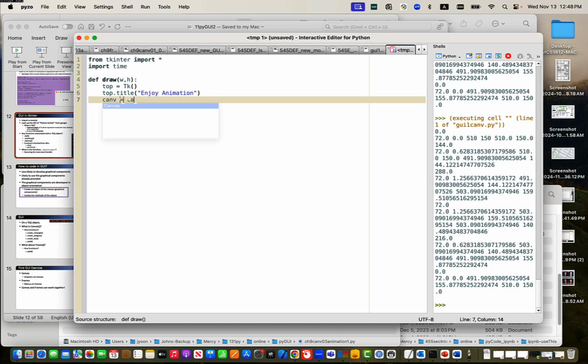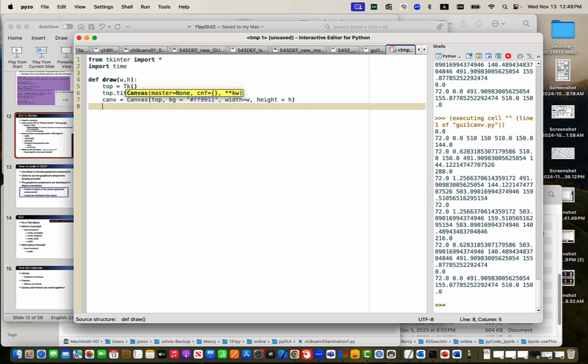Canvas equals canvas, and it is contained in top, and then background, FF 9911, and then width equals W, and height equals H,